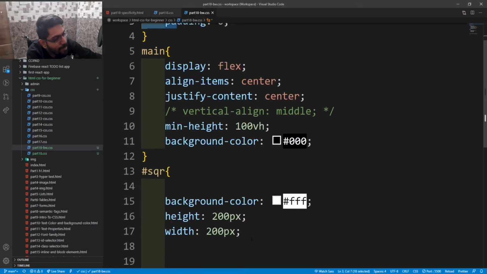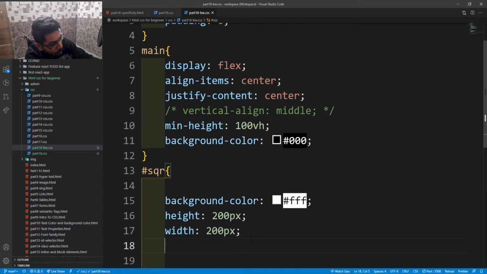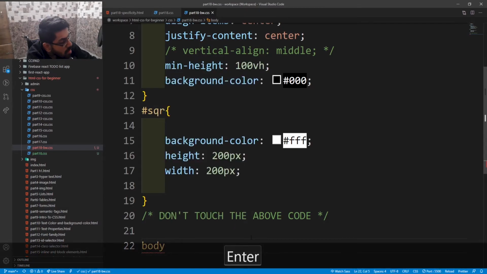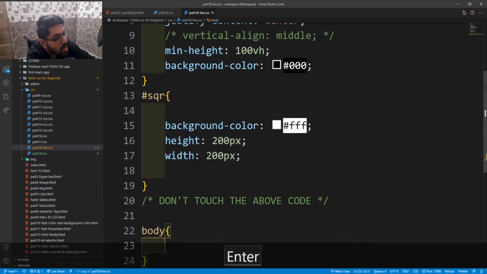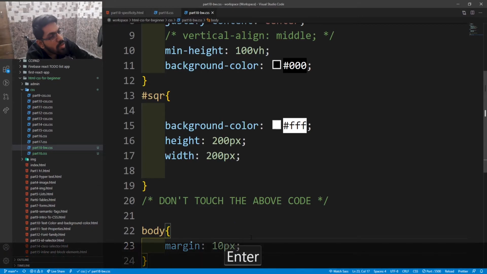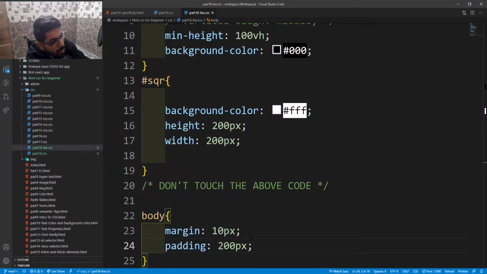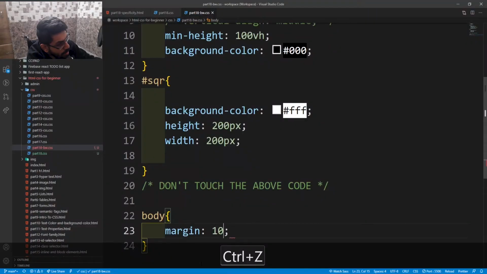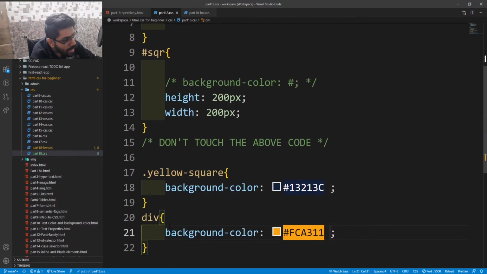That means if we manipulate the body tag, margin 10 pixel, now you can see the white border comes back. Padding 200 pixel, now you can see it's changing. Let's go back to normal. But there is another way to resolve this conflict, by using the important keyword